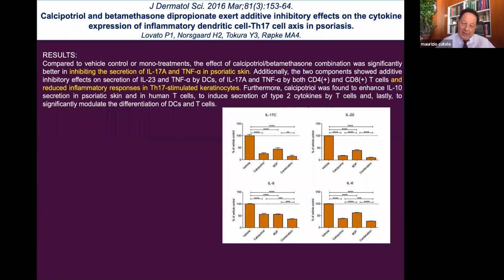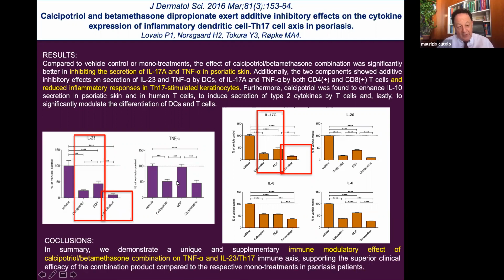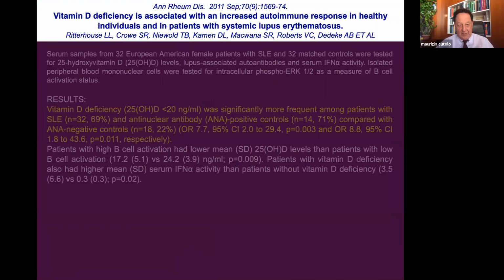Again, other studies show how excellent this synergistic action is between vitamin D, the D hormone 1,25, and cortisol. When you combine both, you get really exceptional results. You can see here the combination. Calcitriol is able, steroid is able, with some side effects. The combination is fantastic, but on TNF-alpha, for example, you see that vitamin D is even more efficient than cortisone, a glucocorticoid, in reducing the increased production of pro-inflammatory cytokines.